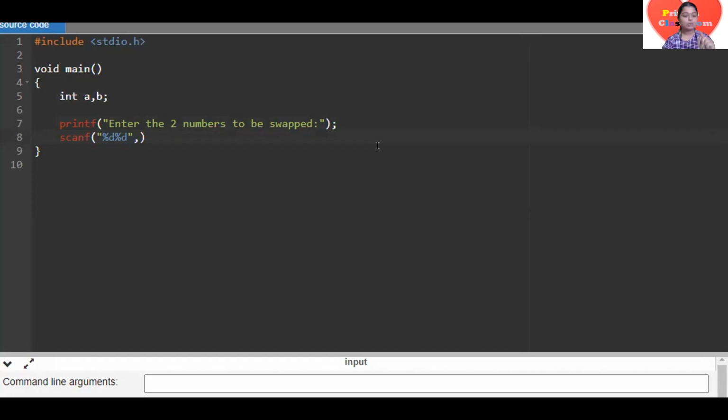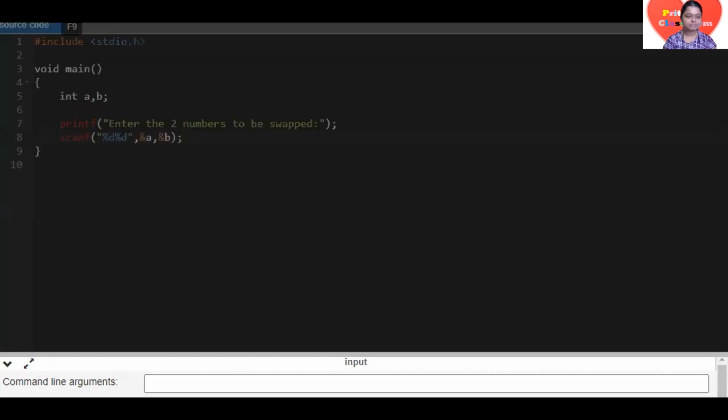Inside the quotes we should not put a comma between the format specifiers. After the closing quote we put a comma and then pass the address values, separated by comma. So ampersand a comma ampersand b. Now, after finishing the instruction, how do we tell the computer that it's complete? With a semicolon. Very good. Okay, so we run it.